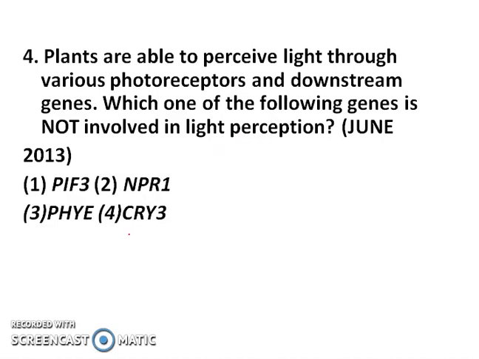In the cryptochrome, we have discussed about the Cry3, which was an E3 ubiquitin ligase, which was adding the tag to the target enzyme which needs to be degraded. So, Cry3 is not responsible for light perception. It is responsible for the destruction of the enzymes which are involved in photomorphogenesis. So, the incorrect statement for this question is Cry3, and as we have to find the incorrect statement, the fourth answer is the correct answer.